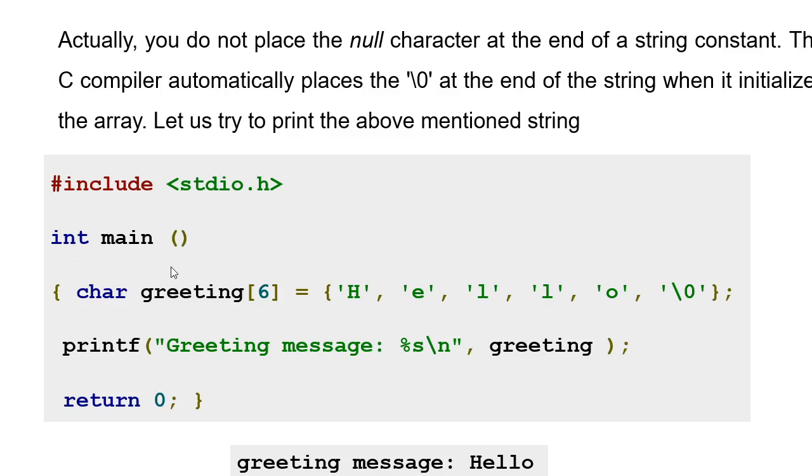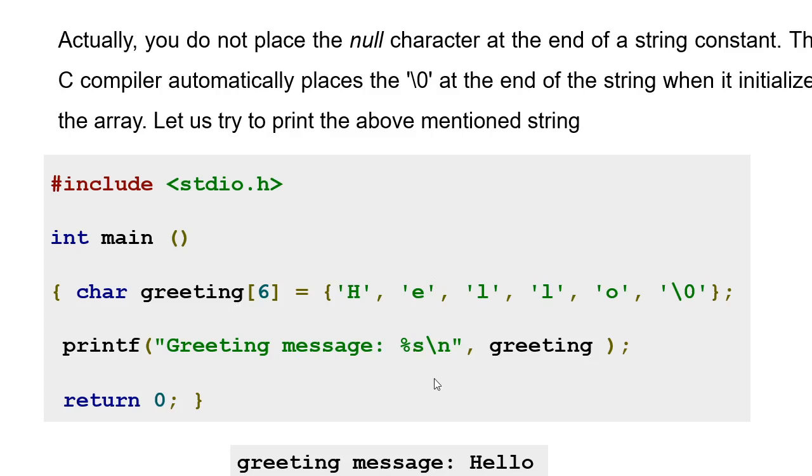Then we define a character array, greeting, as a string with 6 characters, meaning 5 characters, so hello. So we have written this string, or it is a one-dimensional array. Then printf greeting message, %s, new line, greeting.